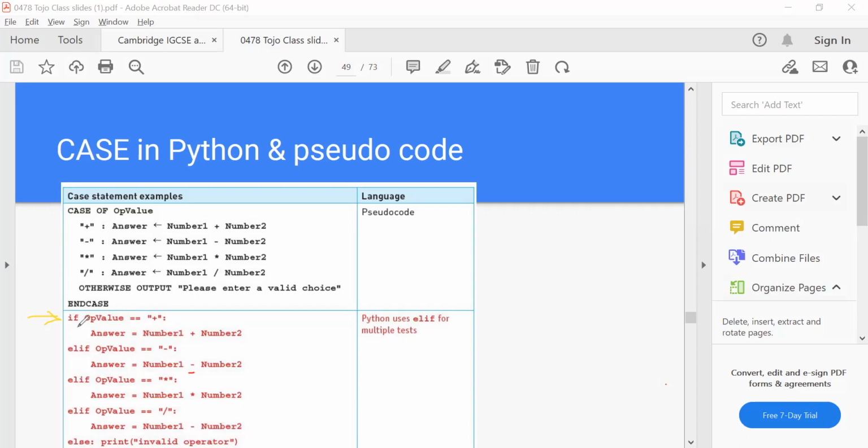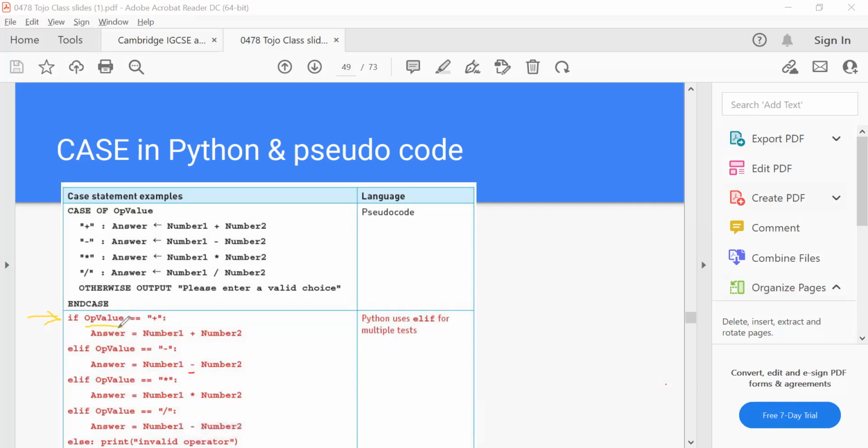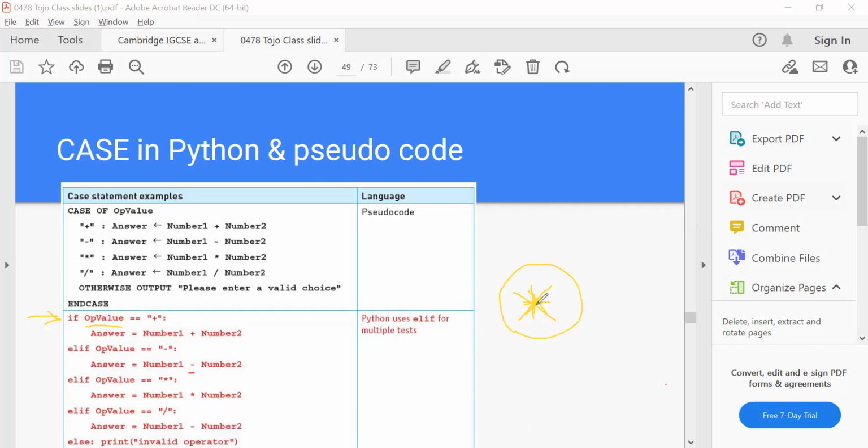So what does it mean? If I come here, let's assume that the op value I put here is actually the asterisk, like that. Sorry, it's not perfect, but I just want to give you an example. So let's assume before we run this code that this is our op value. We make op value equal asterisk. Okay, then we come to check the first condition.